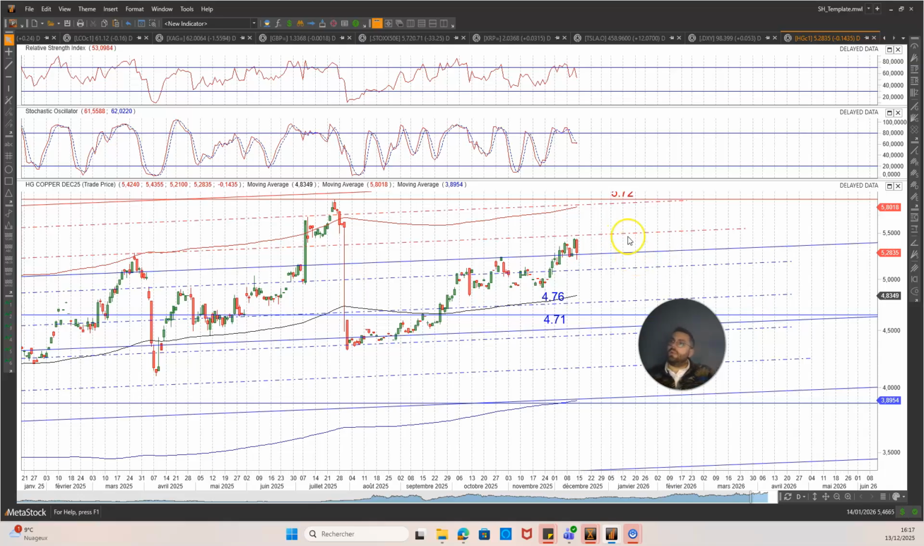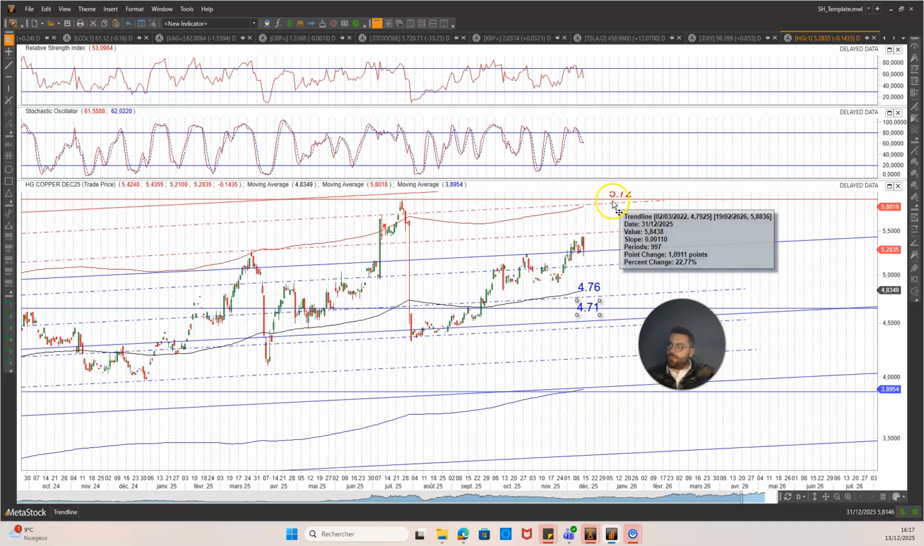Okay, but if it breaks through, we'll have an important entry point here around $4.76, and if it breaks through, we have another important support around $4.71, and if prices reverse upward to this point here around $4.72,